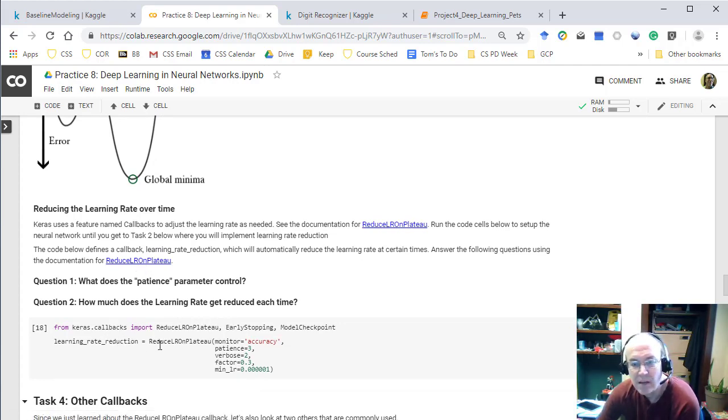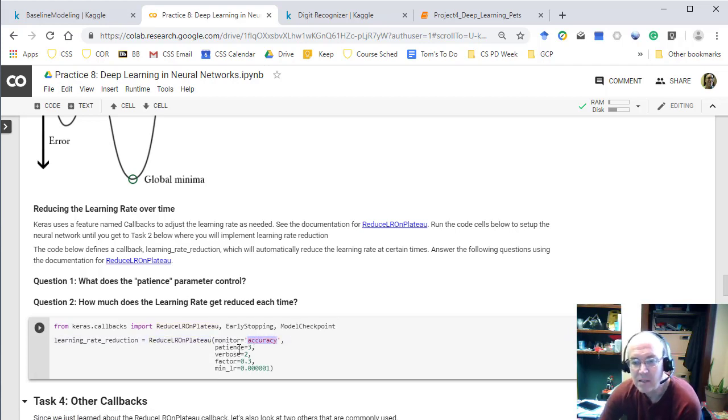And this uses these callbacks. So we have this ReduceLROnPlateau callback. We're going to monitor the accuracy of the model. And this is the important thing: the factor is a third. So basically, if the learning rate starts at 10,